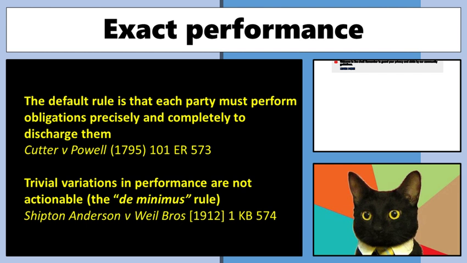It seems a little bit harsh, and it is harsh. So the default rule is, if you don't do what you say you're going to do, strictly speaking, to the letter of the law, the other side can actually bring about an action. And here, in that situation, in Cutter v Powell, that made none of the amount recoverable. So you've got to be a little bit mindful that is the default position.